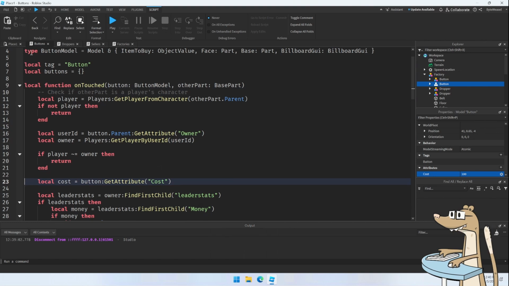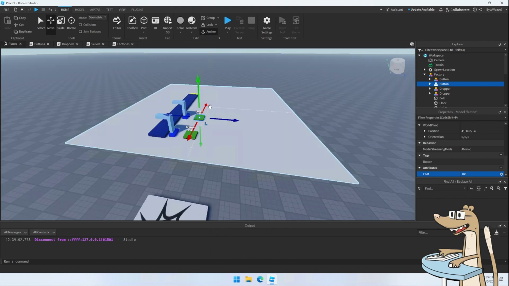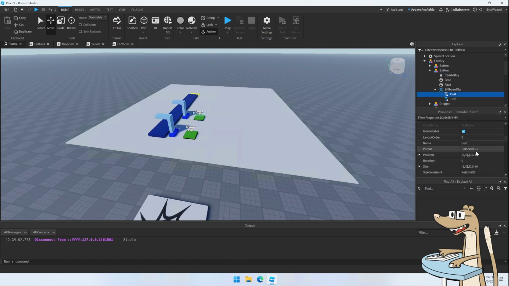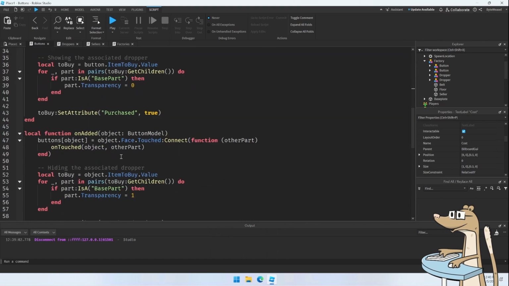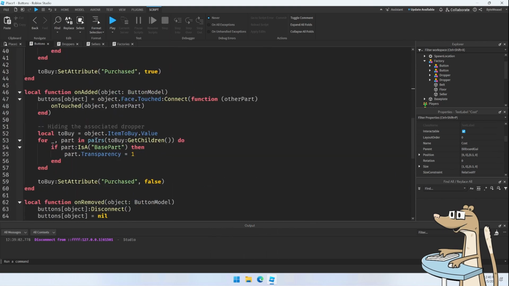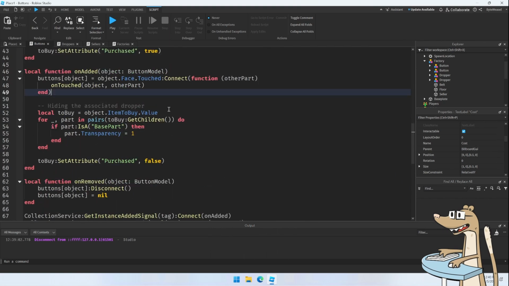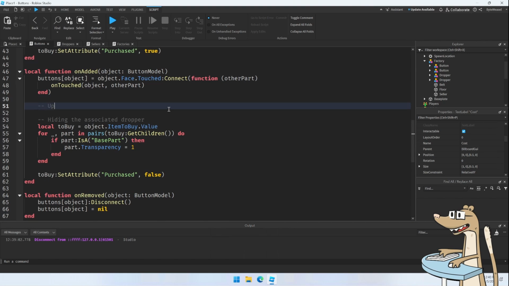So there you go. And that's going to work great, but it's not going to look great because right now these droppers have the wrong values on them. And we could go in here and go into our billboard GUI and into the cost and update this, or we could get our script to do it for us. We know we're already looping through every single button we own, so let's just update our labels